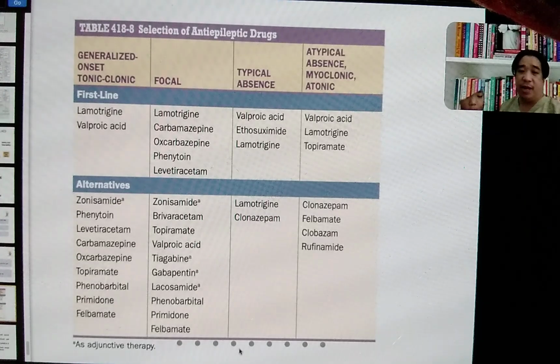Now let me quickly mention the acute MI, which I'll play Dr. Pinky's video on the pediatric